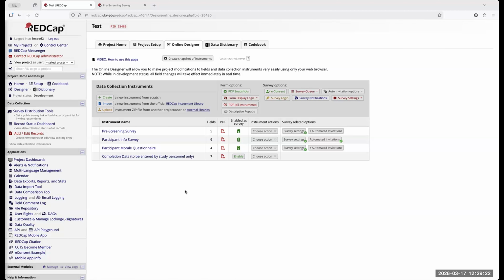So the e-consent and applying for IRB is a very important step. That's something you're going to need to be aware of, and you're going to need to have knowledge of how it works for your project. So please keep that in mind. Make sure you know how your e-consent works. If we wanted to set up an e-consent, it's this green option here.